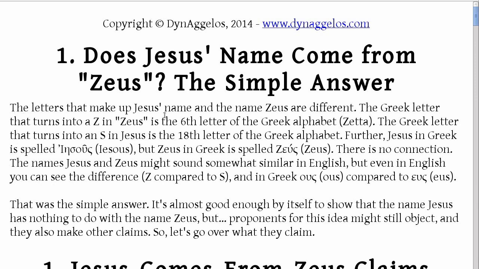The letters that make up Jesus' name and the name Zeus are different. The Greek letter that turns into a Z in Zeus is the sixth letter of the Greek alphabet. That letter is called zeta. The Greek letter that turns into an S in Jesus, twice, is the 18th letter of the Greek alphabet. That letter is called sigma. Further,